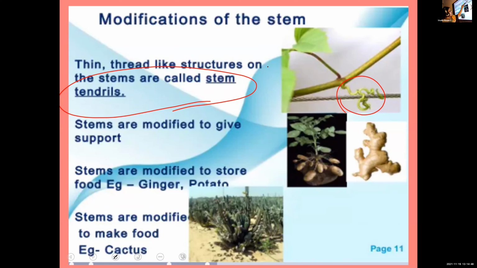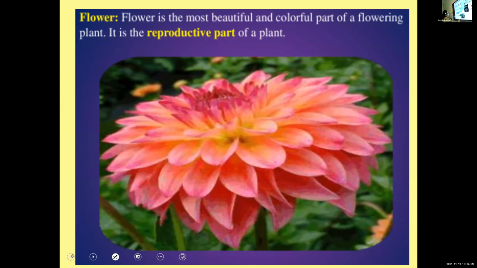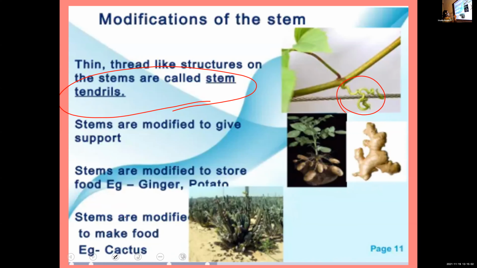They will join slowly. So you see, some of the stems you can see this type of structure, and some of the stems also we will see like cactus and all. The stem itself is forming another form. So that is what we call the modification. According to certain functions in some of the plants, the stem also will form a different one. So the first thing, stem turns into stem tendrils. This type of narrow structure. In some plants and flowers you will see narrow structures coming out from the stem. That is what we call stem tendrils.